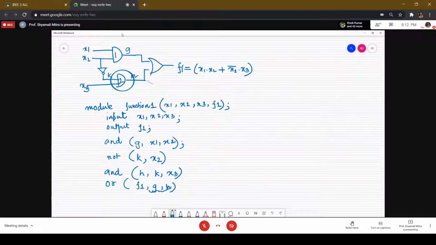This module will now end. We have started with a module, and as we have written all the logic in this particular structural statement, all the required functions, we can end it here. So we will end this module using the endmodule keyword or endmodule statement. You need to end all the statements with a semicolon here.